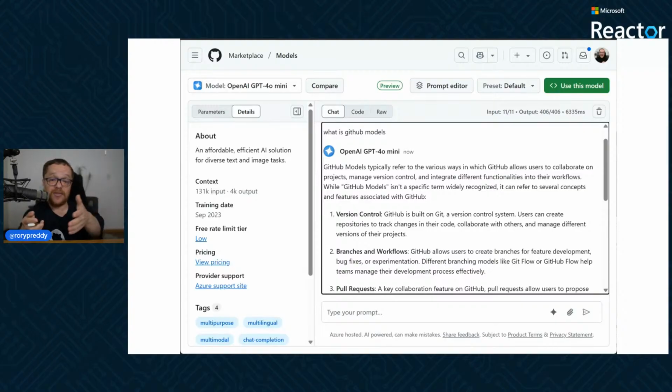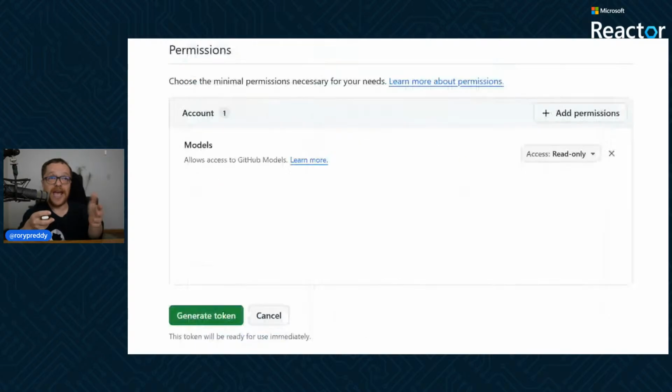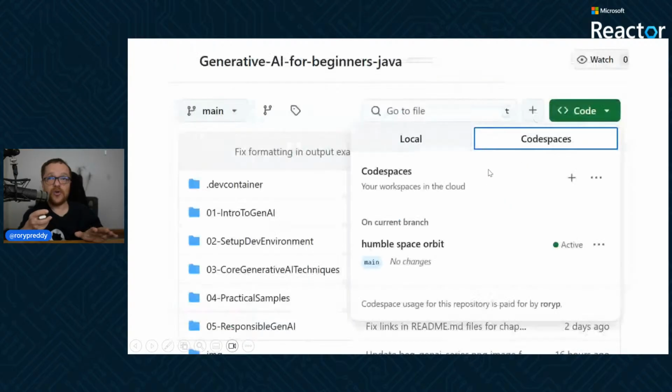Like I did in the previous weeks, we are going to use GitHub Models, and we're going to use OpenAI GPT-4 mini for most of the tests here. You can go into GitHub Models. You do need to set a token, and don't worry, I'm going to go with you. You're going to generate the token, and you're going to give it model access as the permission. And then once you have that, you're going to open up a codespace. You have a free tier,